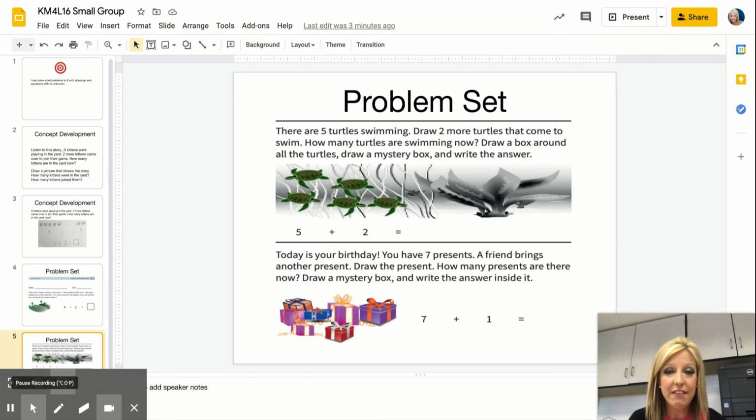All right, let's look at a few more problems. Ooh, this one's about turtles. I like turtles so much more than snakes. There are 5 turtles swimming. Draw 2 more turtles to come swim. How many turtles are swimming now? Draw a box around all of the turtles, draw a mystery box, and write the answer. So we started here